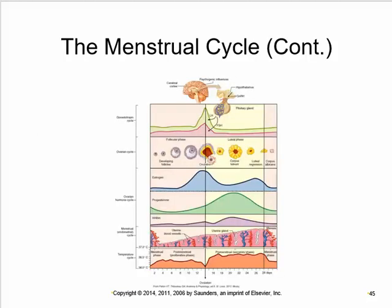Just throwing that out there. You've all seen these charts. If you want to go over them, I can put up videos about that, or you can ask me. I don't want to spend any time really reviewing this, but